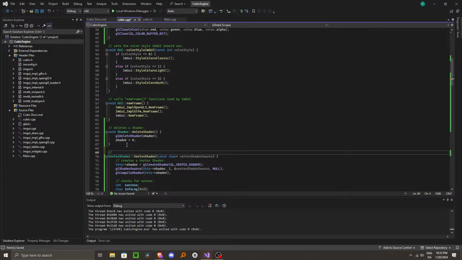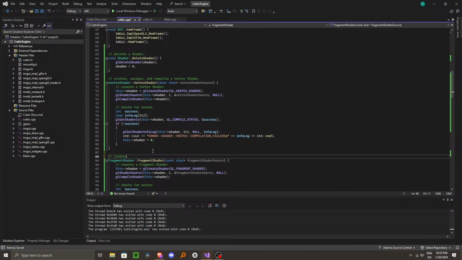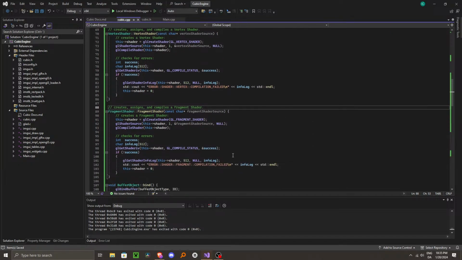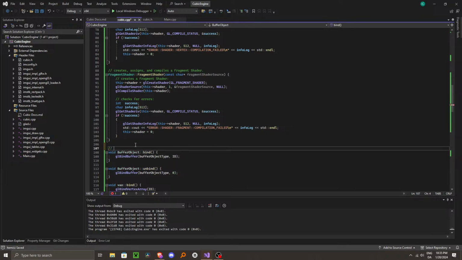This will shader. This does the same thing, but so yeah, and this down here will bind our object, and this